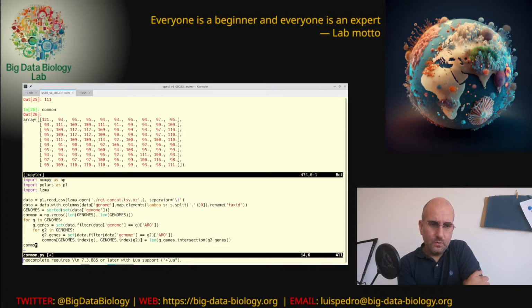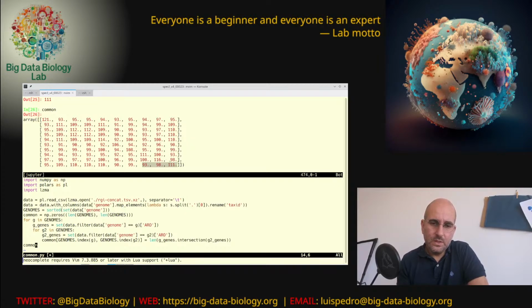But then I wanted to see what was... 111 is how many genes this last one has, so the diagonal is how many genes that particular genome has, and then how many it has in common.